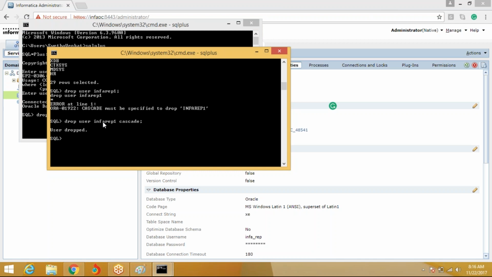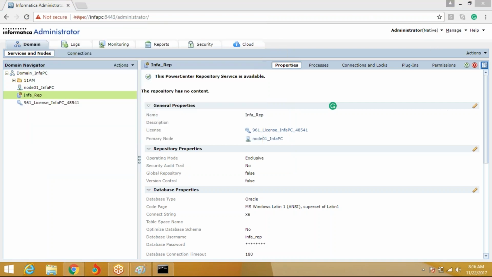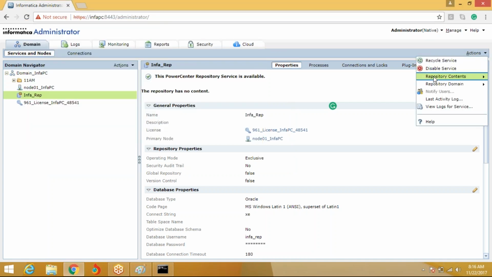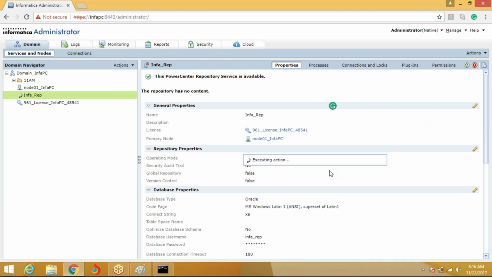So I'm dropping some schemas because there was huge data in them. Now let me do it again and create the repository content. Basically, when you're creating this repository service,